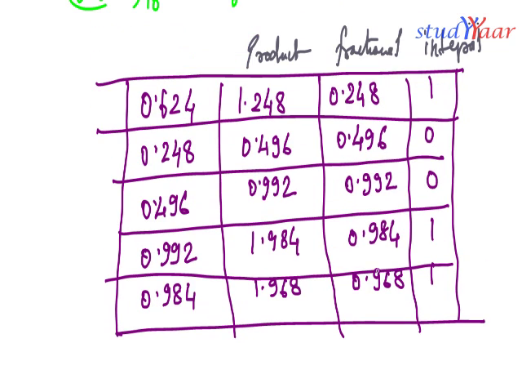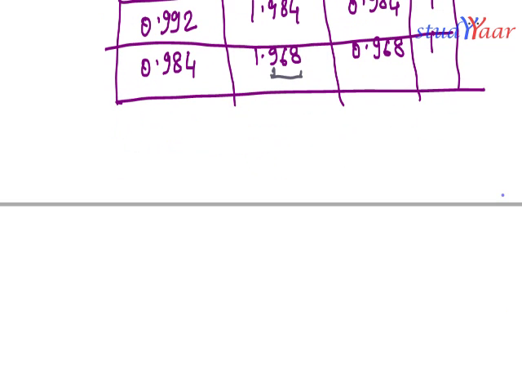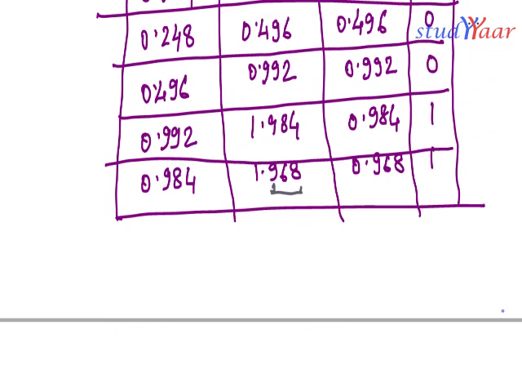So just realize I am not getting 0 in my fractional part of the product. I am doing it again and again and still I am not getting a 0. In that case, what I do is I just select the precision that I want. Let's suppose I say I want this number with the precision of, say, 3 decimal places